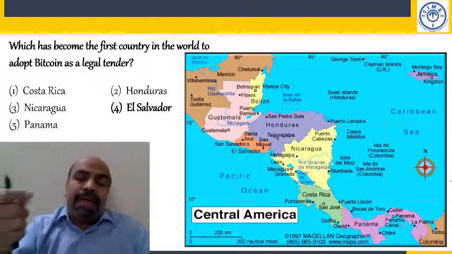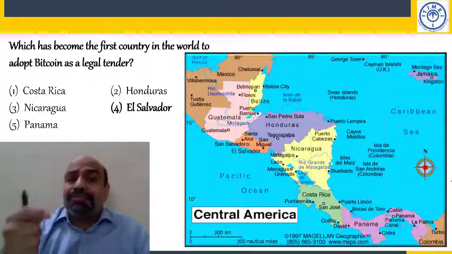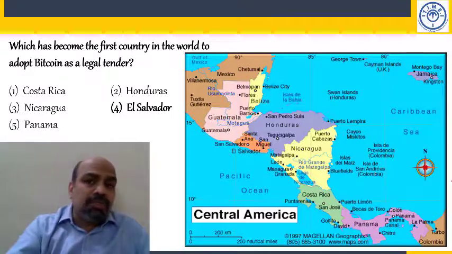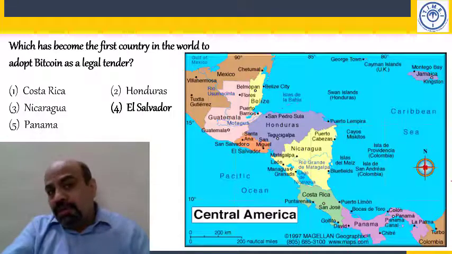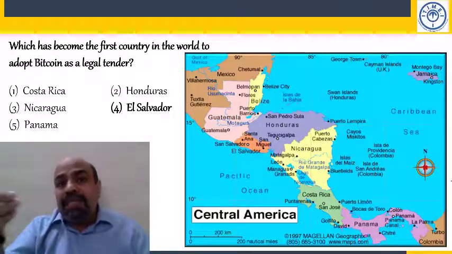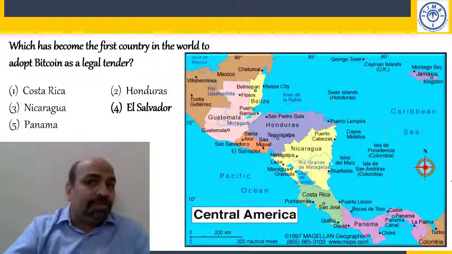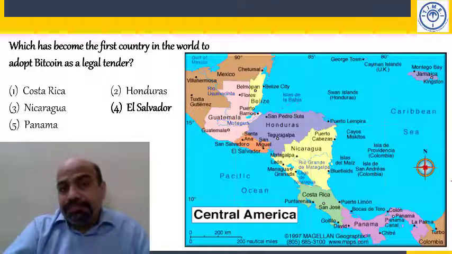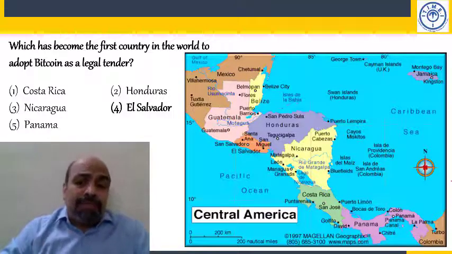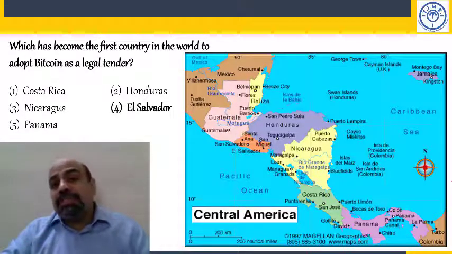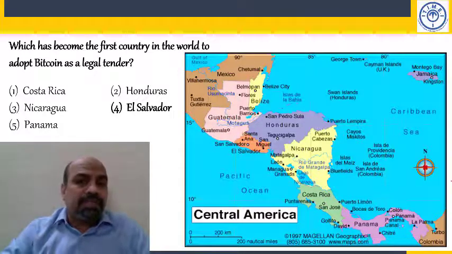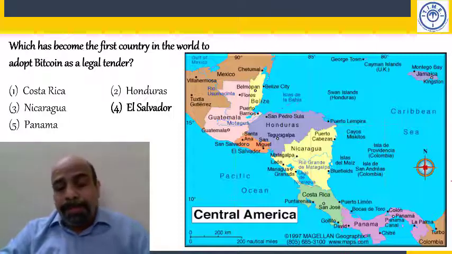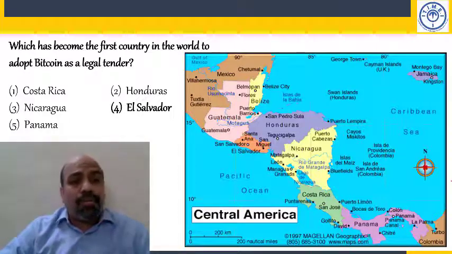See, the Indian rupee is backed by a sovereign guarantee of the government of India. When you look at an Indian currency note, you see at the bottom, guaranteed by the government of India. In fact, a sovereign guarantee is part of a currency. So the government guarantees the effectiveness, the legality of that currency. But in the case of Bitcoin, there is no such thing. Now, which country has adopted this?